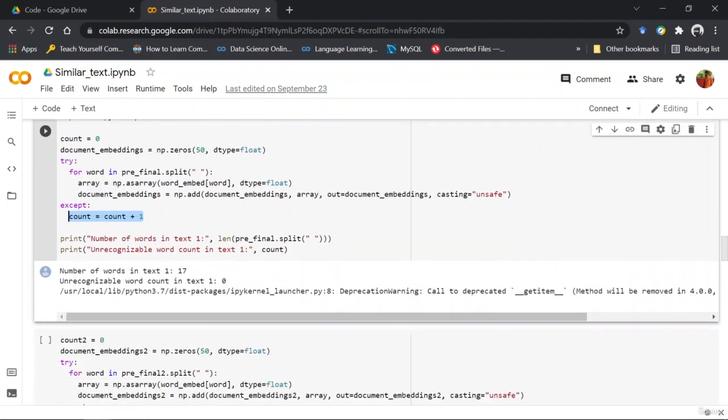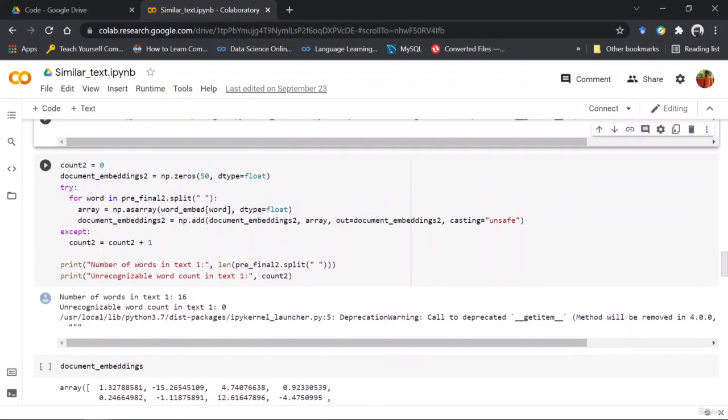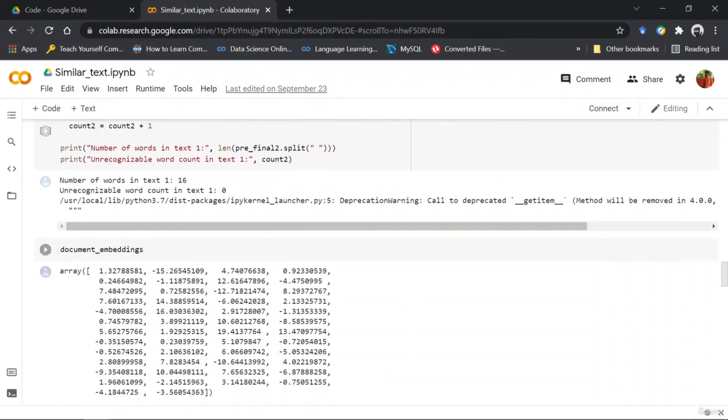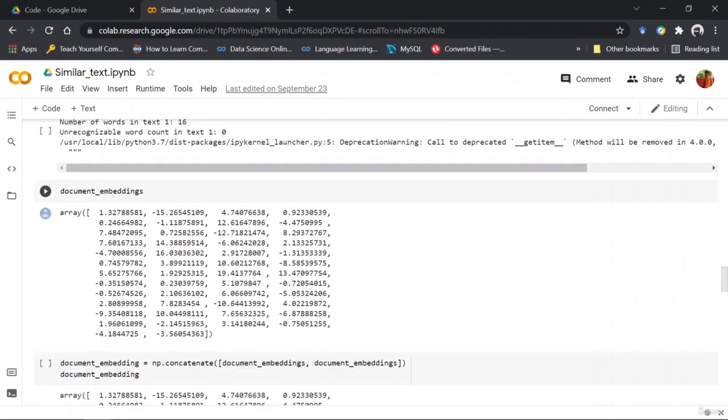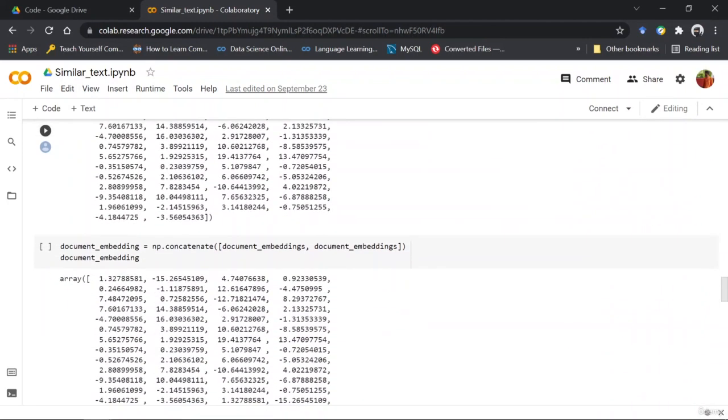Fortunately, there was no word inside my text that was not inside my word vector file, and similarly for the second text also. So once I've created my document embeddings, or the text embeddings,